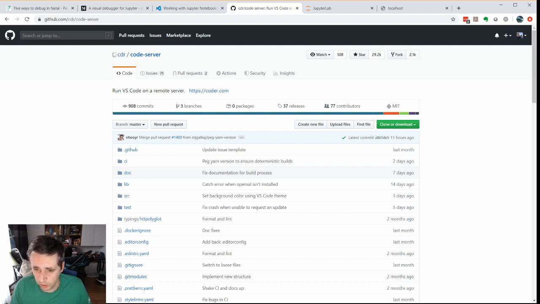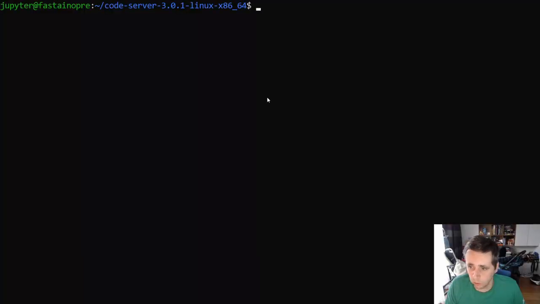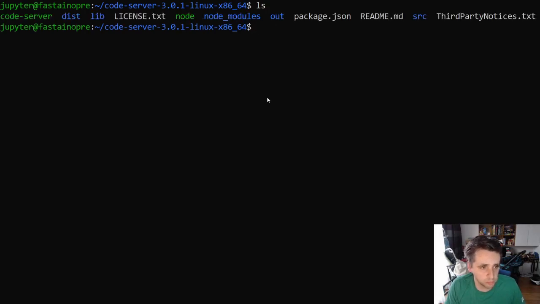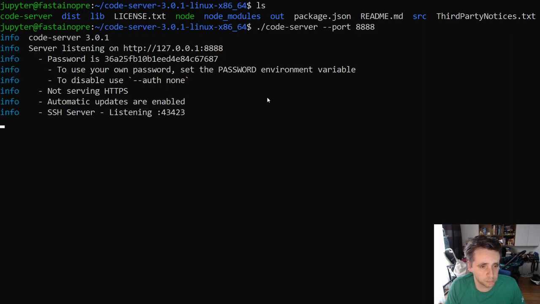So to get that working, I downloaded the code server from GitHub to my Google Cloud server. I have it right here, and now I can run it. By specifying a port it will listen at, and it shows me the password I should use to log in